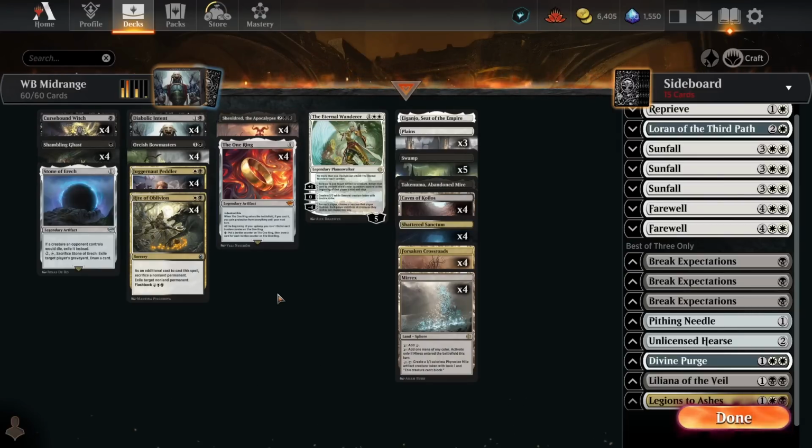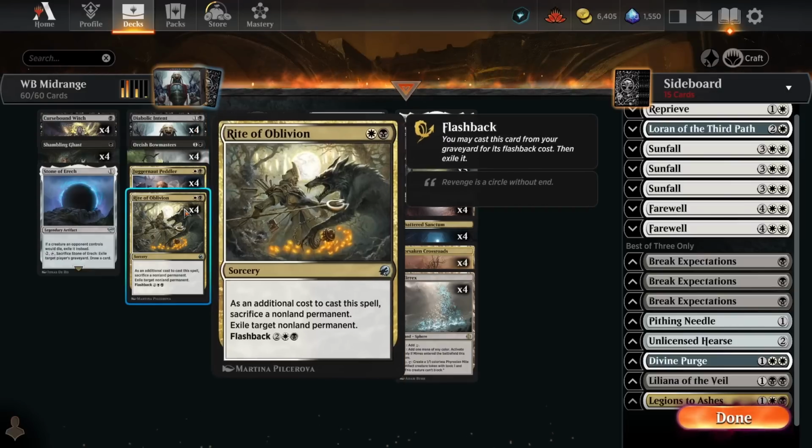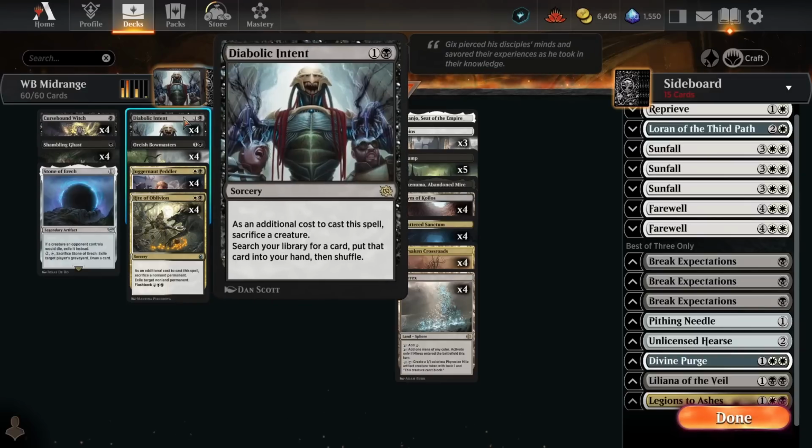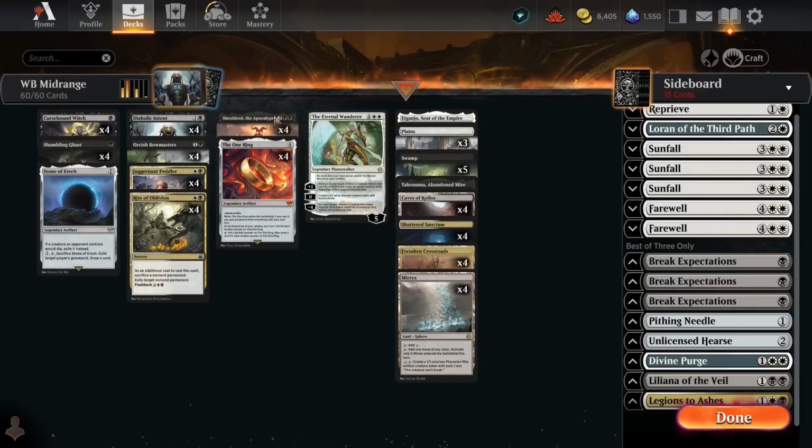And then alongside the core of Shieldred plus the One Ring, the main innovations in this deck are Diabolic Intent and Rite of Oblivion, both 2-mana sorceries that require us to sacrifice creatures, but both with really powerful effects. So Diabolic Intent is really sick in this deck because it enables us to very consistently find Shieldred plus the